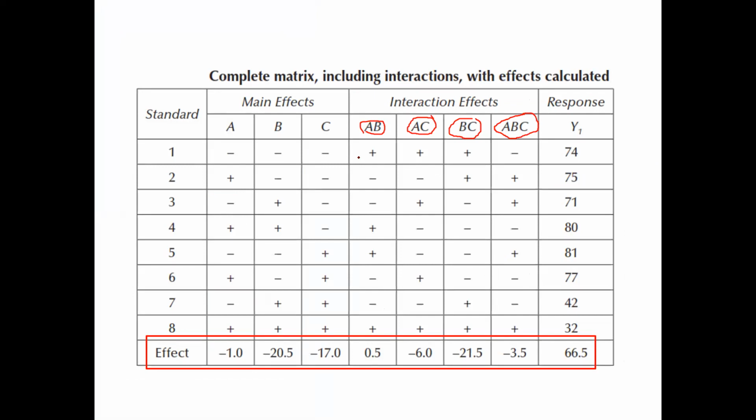So how do they calculate using these minus or plus values? You could see A and B: minus of minus is plus, plus of minus is minus, minus of plus is minus. Similarly, AC, minus of minus is plus, and BC, minus of minus is plus. And if you see ABC, minus of minus is plus, plus of minus is minus, so that set is minus. Like that they have done it, and the responses are kept in the same order which they have given before.